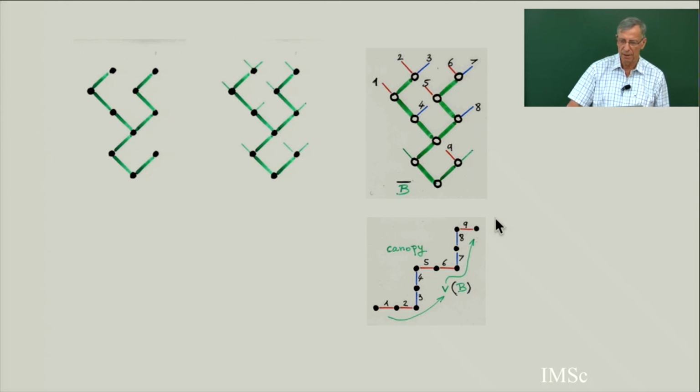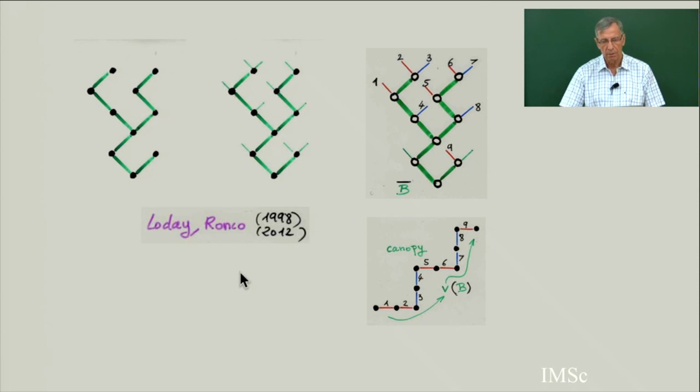This path has length n-1, because I am not going to consider these left edges and these right edges here. Of course, the first one is going to the left, and the last one in symmetric order is going to the right. So I don't need to put them in the canopy, because the total number of external edges is n+1. Deleting these two extremal edges, I have n-1 edges, a word of length n-1, a path of length n-1. And this notion has been defined by Loday and Ronco when they introduced the Hopf algebra of binary trees.